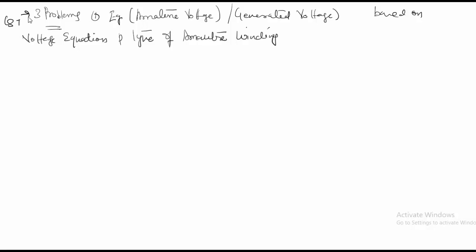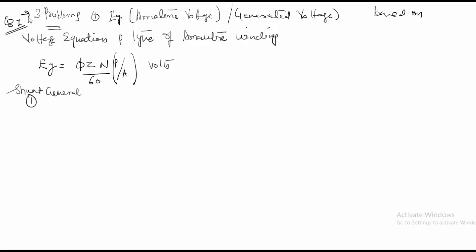So this is question 1, and the equation for the voltage generated is given by Eg is equal to phi Z N P divided by 60, and it is P by A volts. So the first question is, there is a shunt generator which has 4 poles,